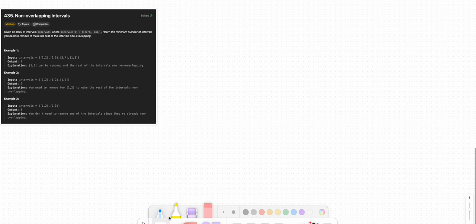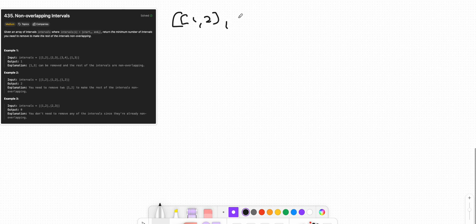All right. Today let's solve Leetcode 435, non-overlapping intervals. Basically, we've been given intervals, and this interval may or may not be overlapping. If they are overlapping, find the minimum number of intervals you need to remove to make these intervals non-overlapping. And the first example we've been given here is, let's take a look at the first example, which is